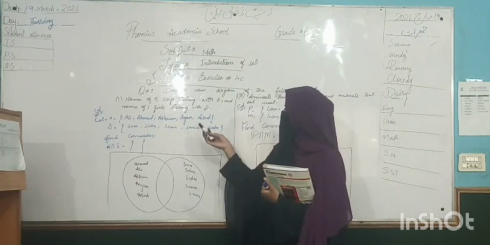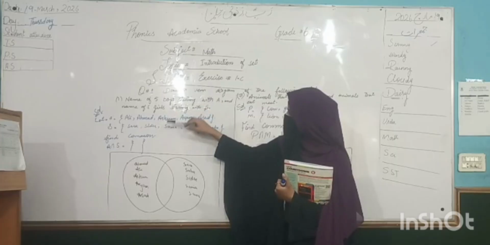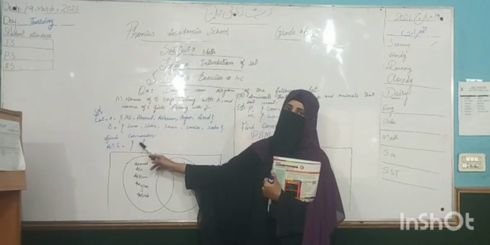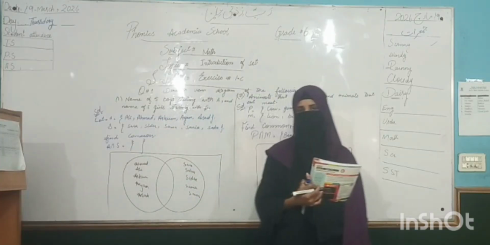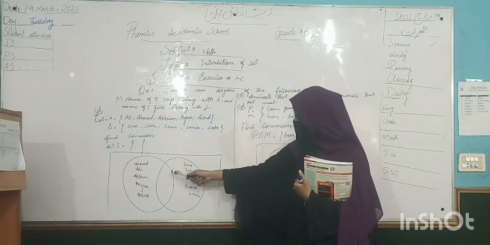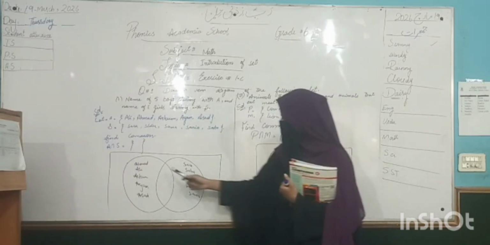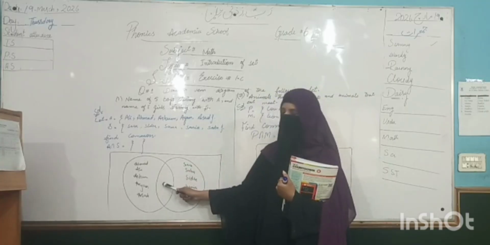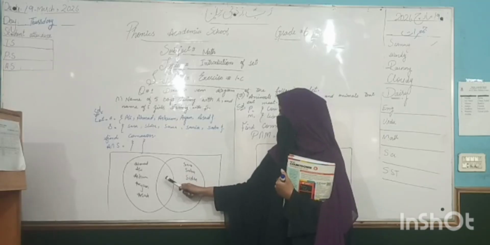So students, you see that no element is common on both sides. No common elements on both sides. So A intersection S is equal to an empty bracket because there is no common element. So when you make a Venn diagram, you make an intersection, the common things in the circles that are common to each other. When you draw two circles in a rectangular base, you have a common area, and nothing is written there because there are no common elements.